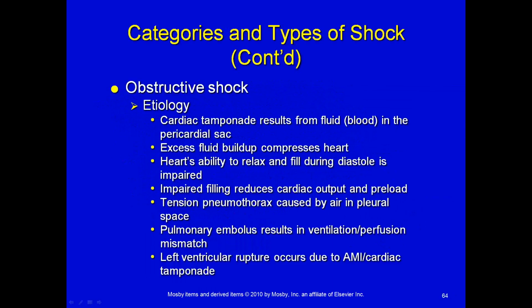Pulmonary emboli result in a ventilation perfusion mismatch, and one way to know that you're dealing with PE as a cause of your obstructive shock is your SATs are going to be low, lungs are going to be clear, you give them 100% oxygen, and their SATs don't rise much at all. Do keep in mind that 1/3 of all pulmonary emboli have normal pulse oximetries and nice clear lungs. Left ventricular rupture due to an acute myocardial infarction or a cardiac tamponade can occur as well, leading to obstructive